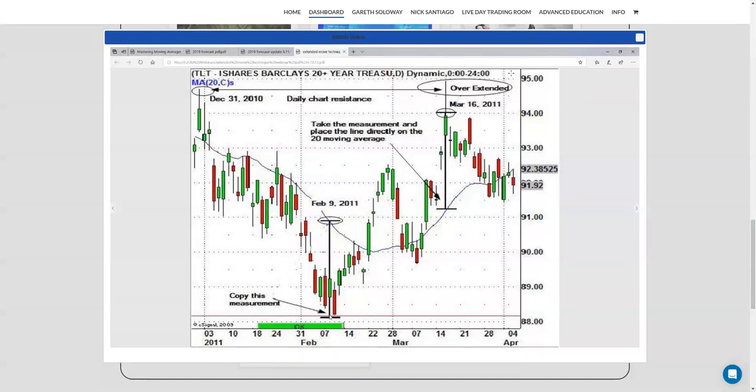All you're going to do is copy the pivot low, draw a straight line into the 20 MA. You want to use the biggest past extension you can find. And that will tell you what will happen in the future. Now, is this 100%? No, nothing is 100%. Does it work about 80 to 90%? Yep. Works about 80 to 90%. Can it fail? Yep. Anything can fail. All right. So if you can match it up with other factors, then you create yourself a good solid risk